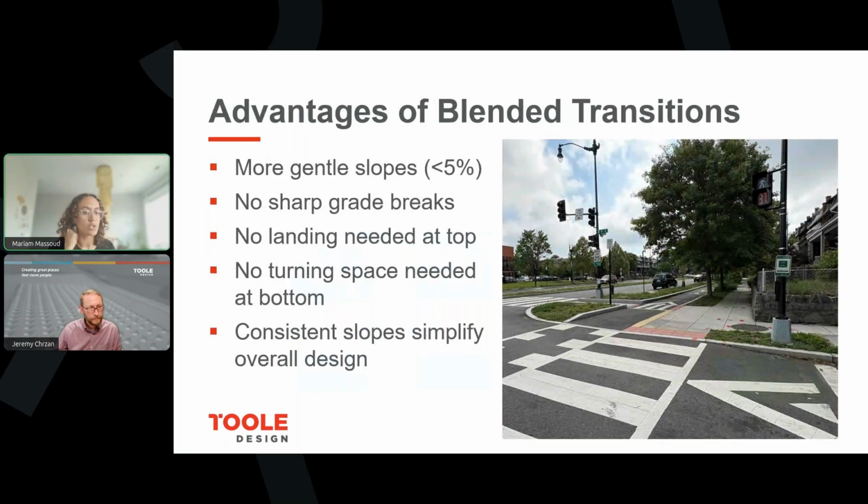There are a few advantages for blended transitions. So one of the advantages is the more gentle slopes. Because it's under 5%, it is easier for people with disabilities to navigate blended transitions compared to curb ramps. And because the grades are all more gentle, there are no sharp grade breaks. There's also no landing needed at the top because it's not a ramp. And so there's also no turning space needed at the bottom. And having these consistent slopes where it's the same as the sidewalk leading up to it can simplify the